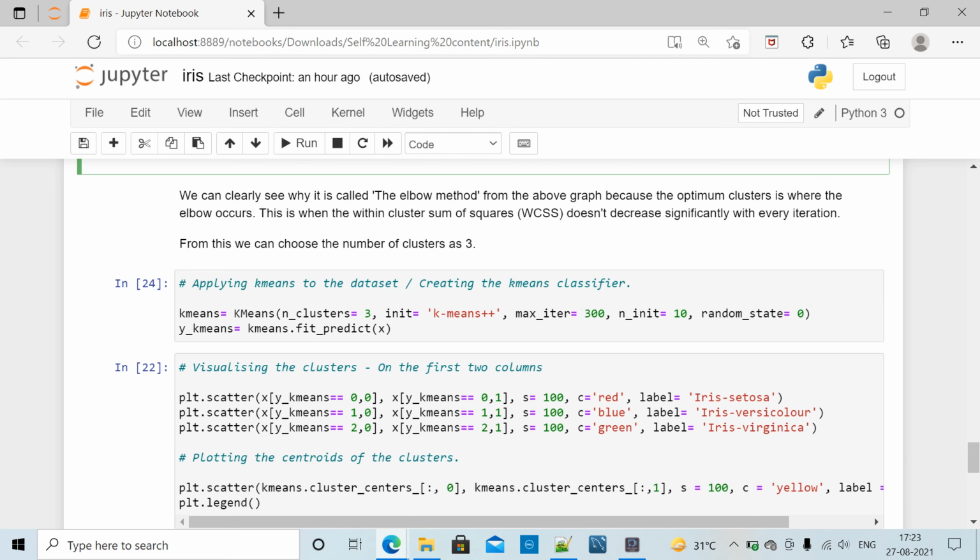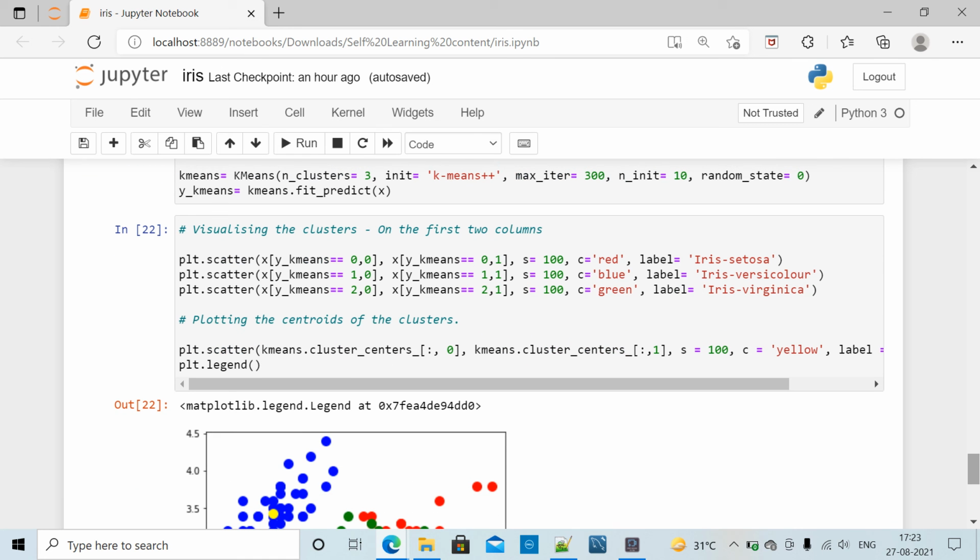Then we have applied k-means clustering to our data set, creating the k-means classifier, using fit_predict, then plotting on the first 2 columns. Here we have tried to plot our scatter plot.